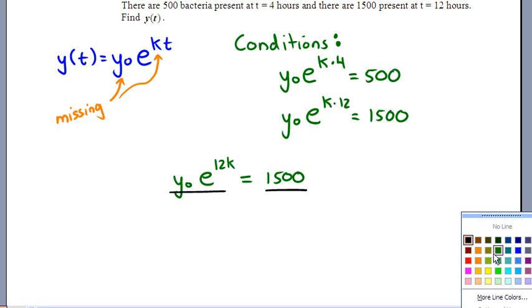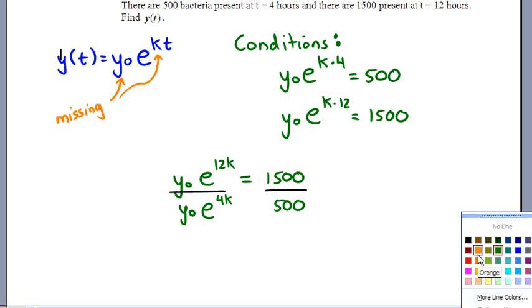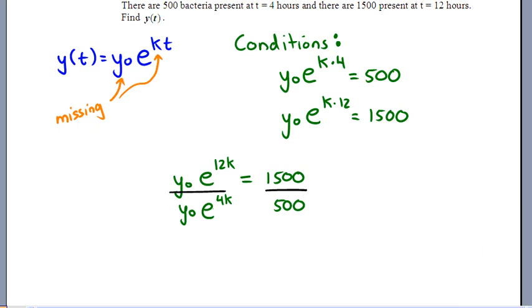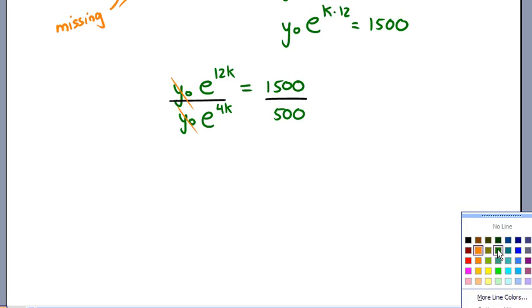And say, okay, what happens if I put the other one underneath it? Now, instead of k times 4, 4k just sounds better. And that was 500. Well, by doing that, I don't have to stare at two unknowns in this problem. I don't have to have y naughts and k's staring at me because the y naughts cancel. And I'll end up with just this division with the exponentials and then a nice little number over on that